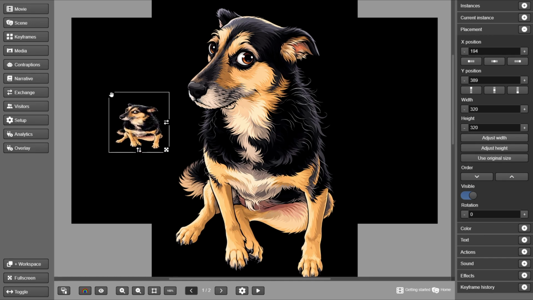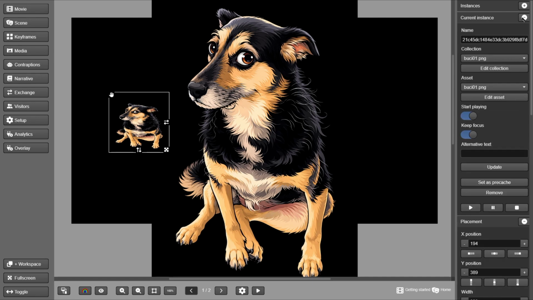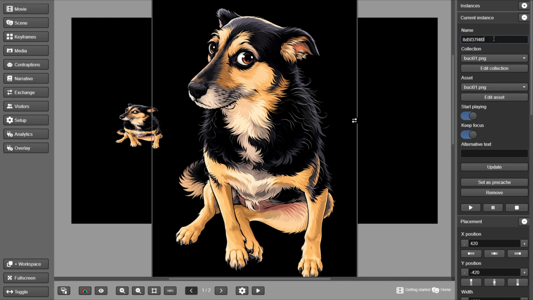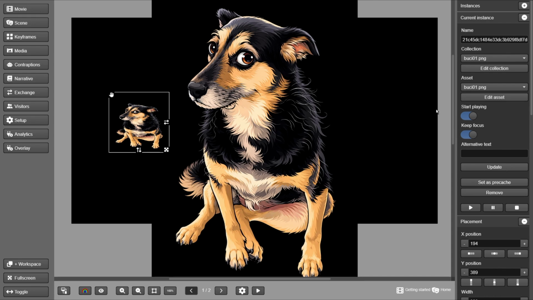In the right interface area, click the plus button next to Current Instance. Here, you'll see properties such as the name of the selected instance. Click on the larger instance, and you'll see that the name changes. Tealbosi assigns random names to each created instance, but for the organization of your production, it's ideal to change these names to something that makes sense in your project. Let's do this for both instances, remembering to click the Update button to confirm the change.